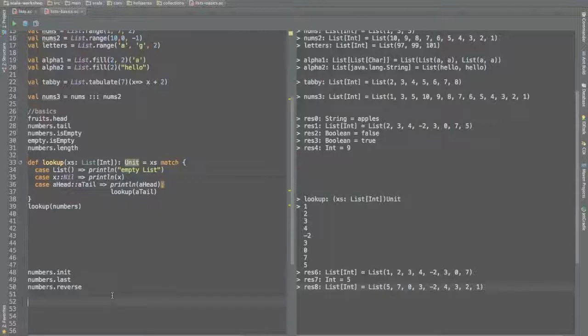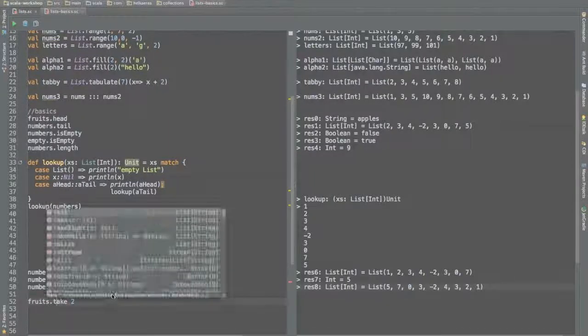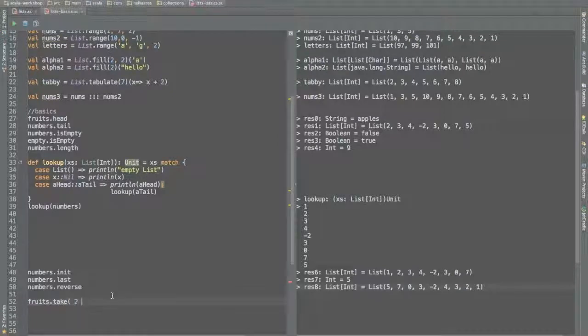Now we have a few more functions that maybe you're not going to use that much, but it's nice to know that they're there: take, drop, and splitAt. And for example,